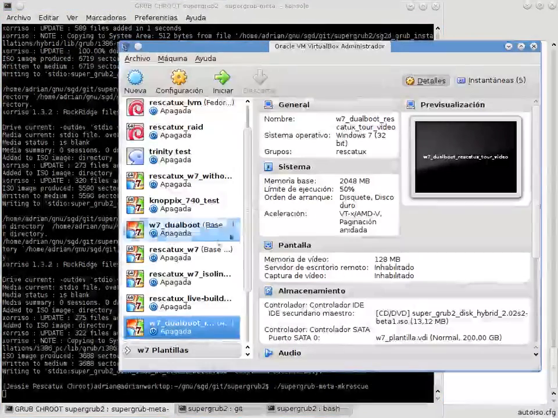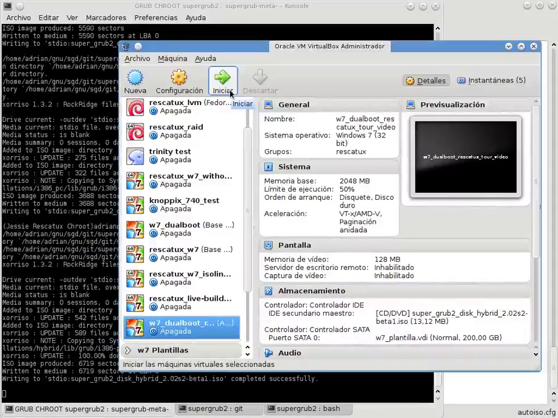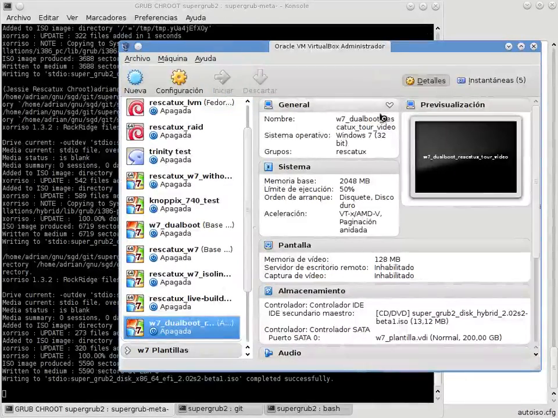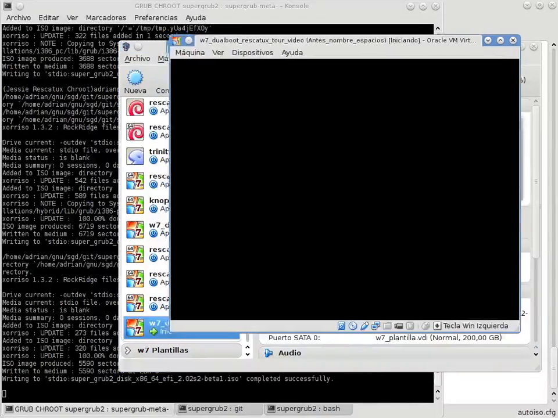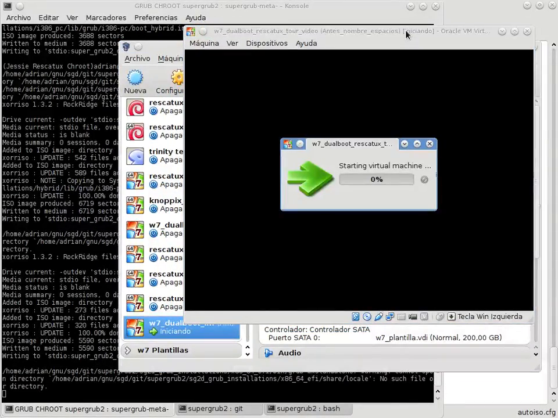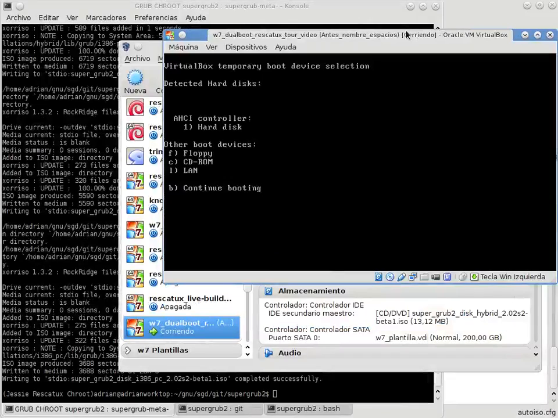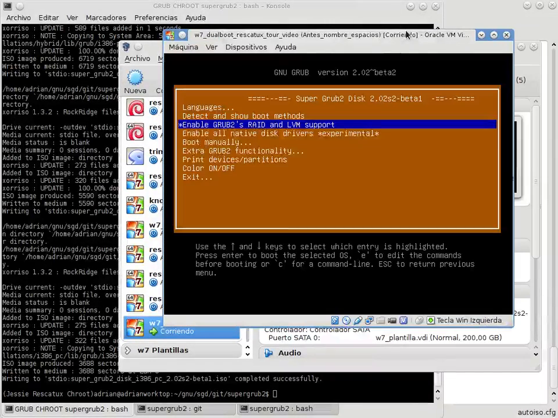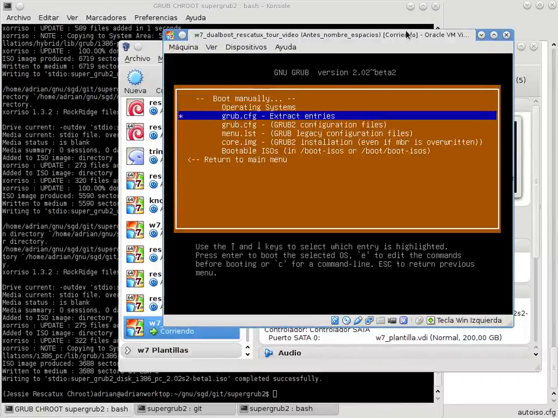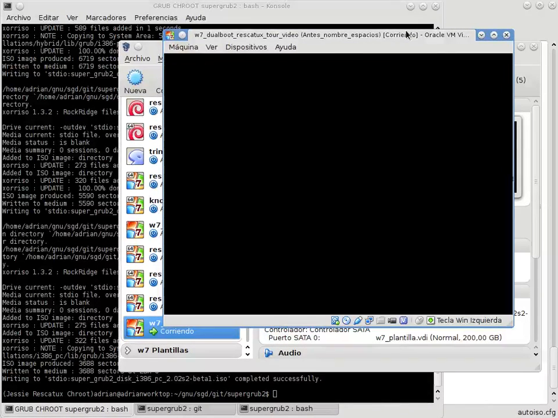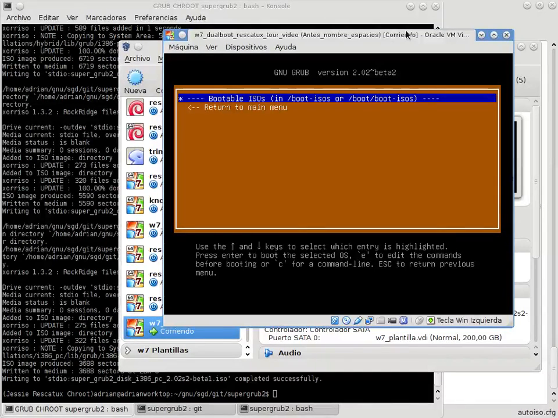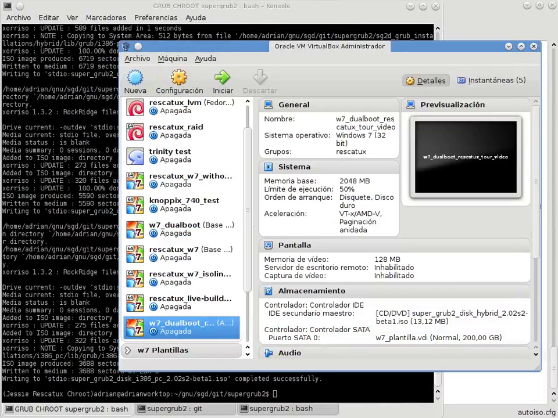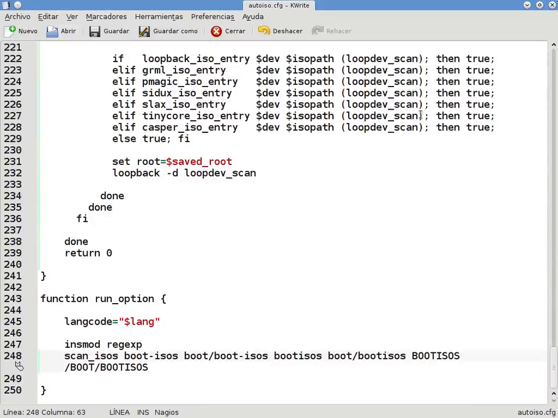Okay, so already done. We are going to test it and see if it works. See the ROM. Okay, boot manually, bootable ISOs. It's not working as I expected. So nobody is helping me in the IRC. Okay. Anyway,